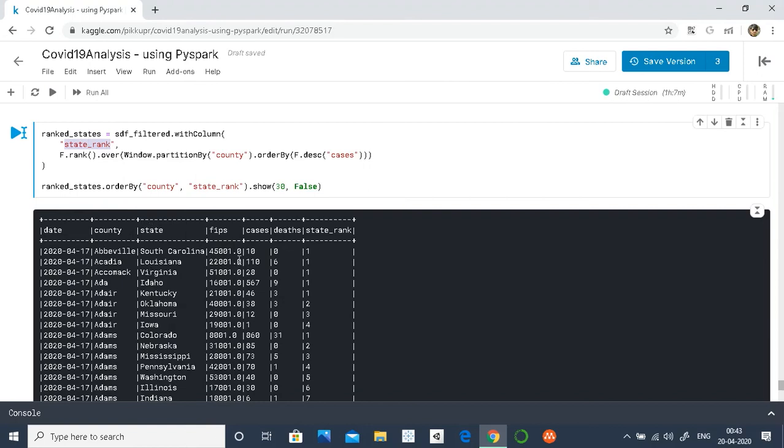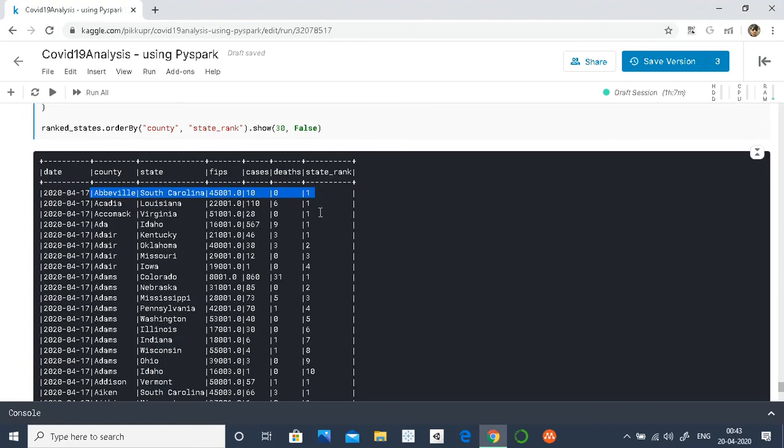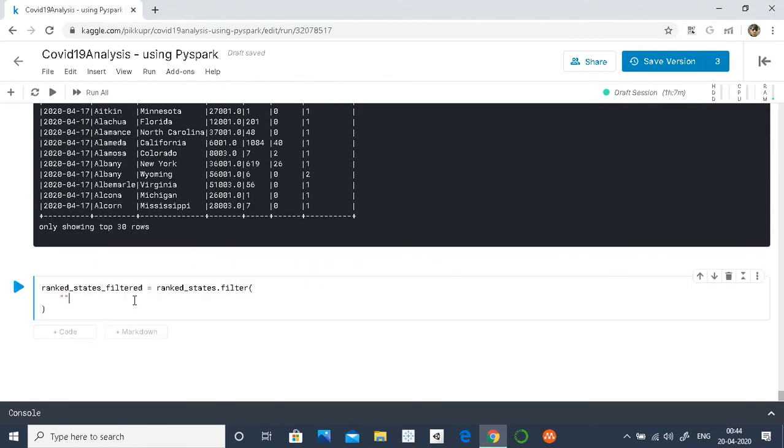So the topmost state in each county will be given rank 1, as we can see for Abbeville, similarly for Louisiana, Virginia, and then for Idaho, then Kentucky, and similarly for Colorado. All of them, as you can see, the state rank is 1. So we will just filter our data mentioning where state rank is 1.